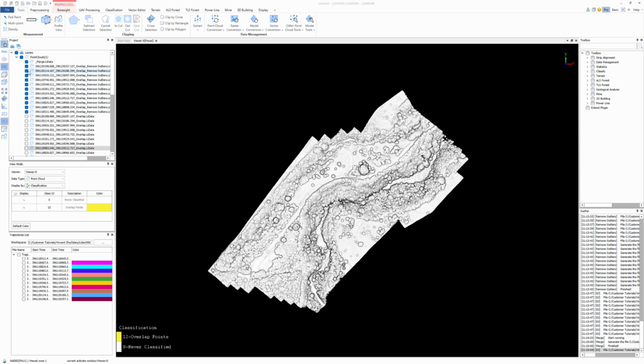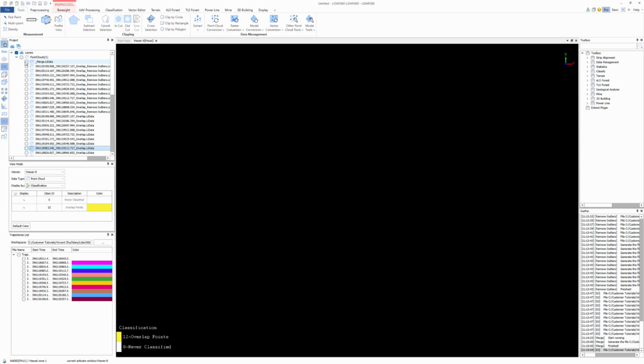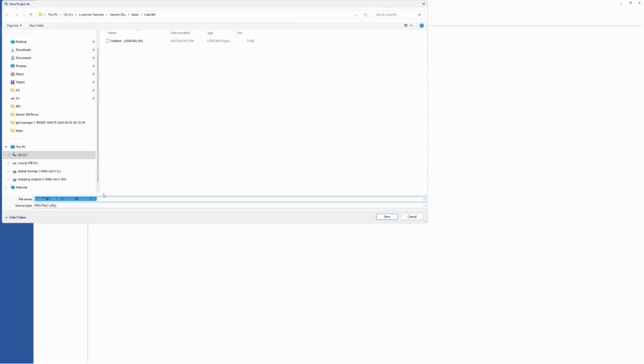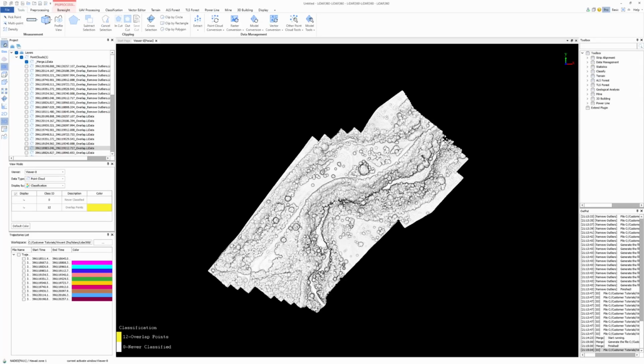Alright, so after we added it, now that we have just this one, I'm going to turn them all off and turn just that one back on. And we're going to do File, Save As, and notice here it'll actually add an extra Lidar360. If you just keep doing untitled, it'll just keep making it longer and longer, which is basically like revision number 2. So I'm going to do that so that I have the first one, and every so often you could do that, and then you have a kind of a saving point that you could go back to